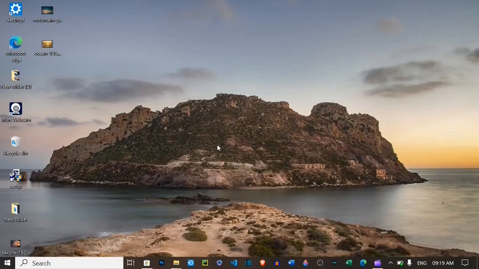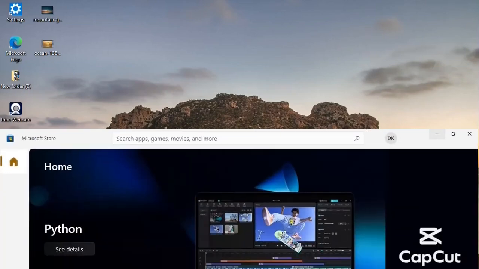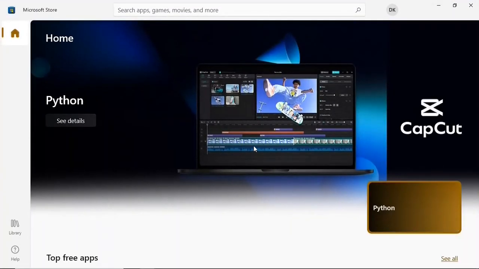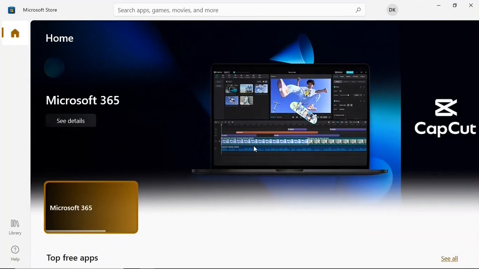You even get access to stock images and videos in Clipchamp. Like I said, Clipchamp comes with Windows 11. It comes pre-installed with Windows 11, but you can also download it in Windows 10. To do that, you are going to head over to Microsoft Store. Now within Microsoft Store, when you search for Clipchamp,